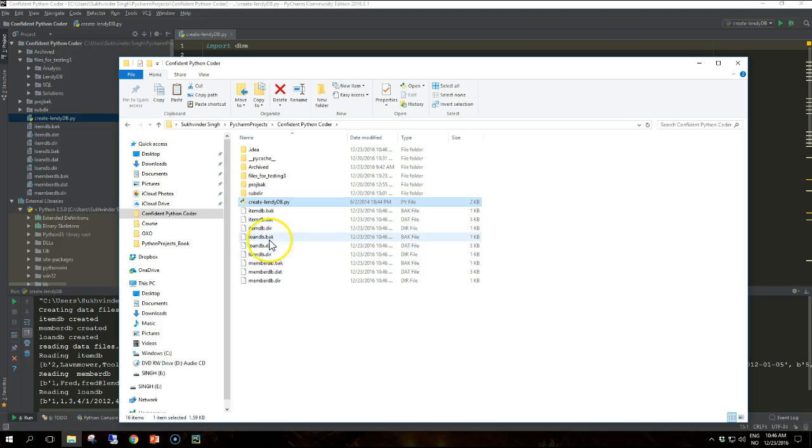We have 1, 2, 3 of .bak. Let's see 3 sets of .dat files and 3 sets of .dir files. 1 set of 3 files, I mean. So